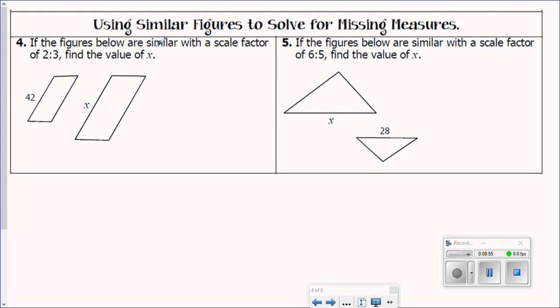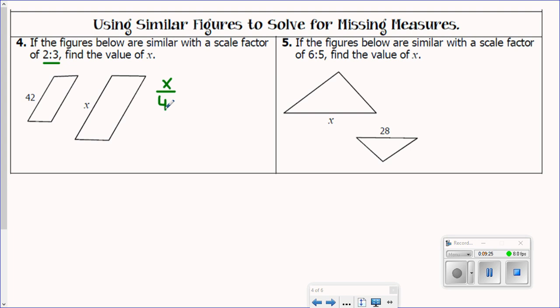Okay. So we're going to do some more sample problems just so you can get a feel for the different types of problems that you could be asked. In this one it says the figures below are similar with a scale factor of 2 to 3. Remember, ratios can be written as a fraction, with the colon, or with the word "to". You want to find the value of x. Okay? So x is here, and since this is the only other side, and because they're similar, we know it has to go x